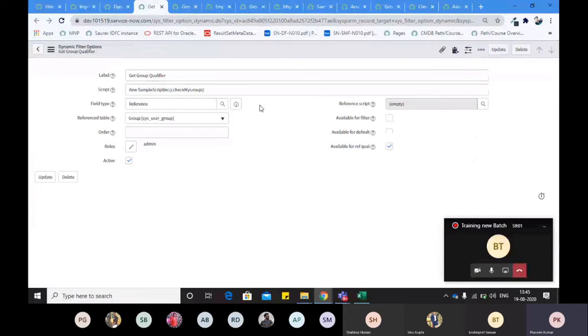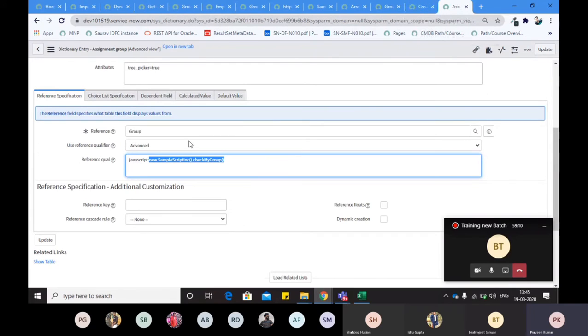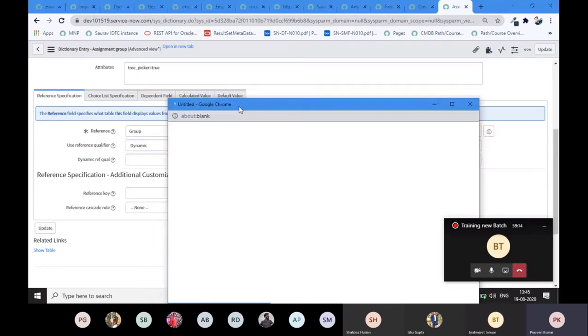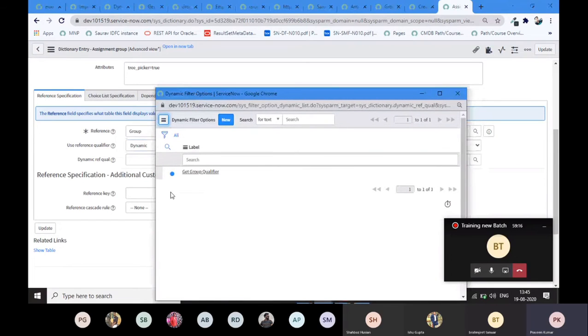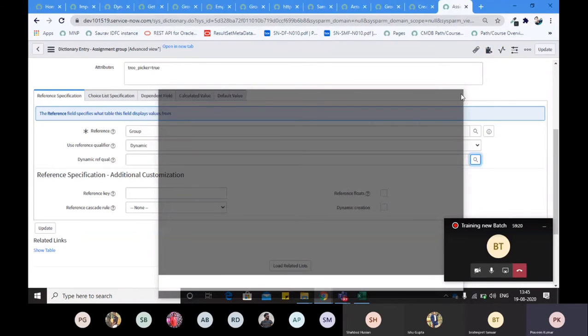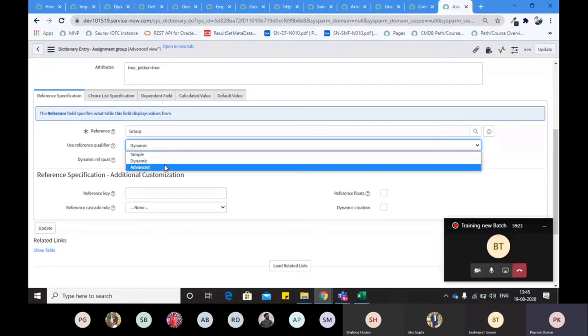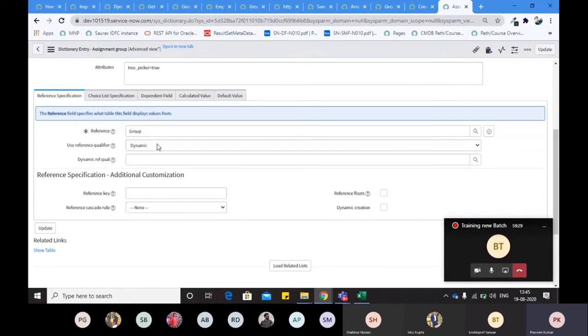It will start to work from here. Then, for example, I will create this dynamic filter as get group qualifier 1, right? Then I will choose here dynamic and choose my get group qualifier 1. That would be the second record, and it will behave again the same way it was working for the advanced, correct? So this way we create a dynamic reference qualifier.